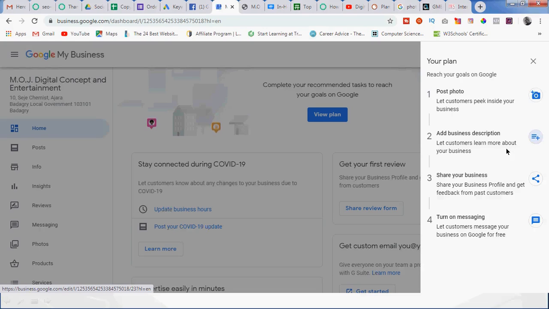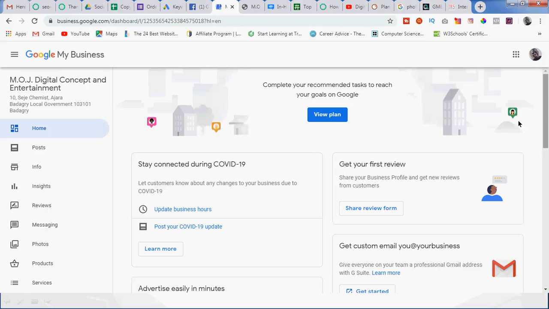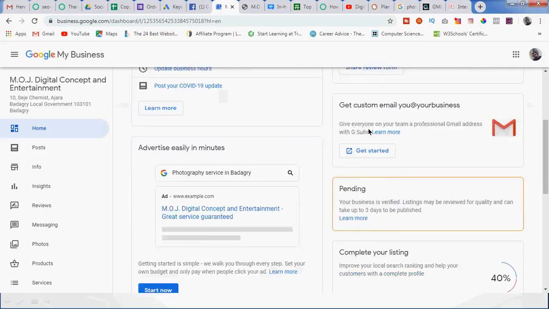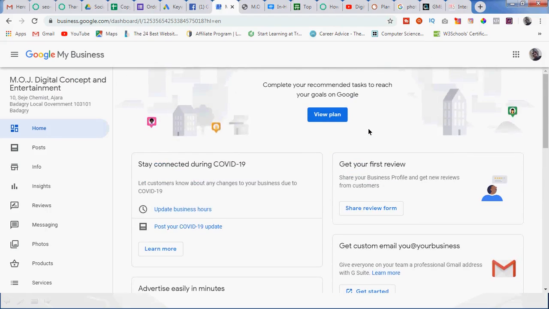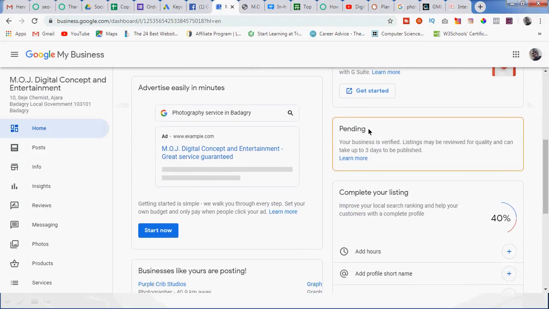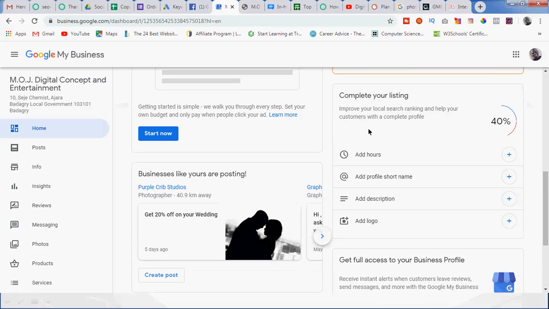So in the advertising class, we are going to look at keyword research so that you will be able to use it for advertising on any platform. In fact, when we get to YouTube, you are going to see why you also need to use keyword research. Okay, so this is what you need to complete, and then your business is going to be live. Now I'm going to delete this business actually because it is